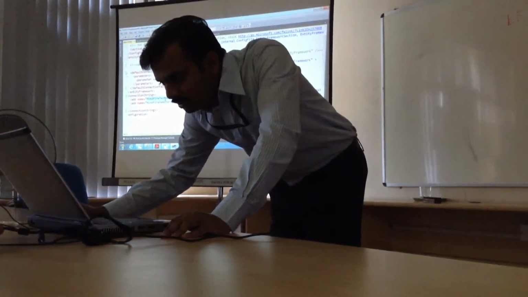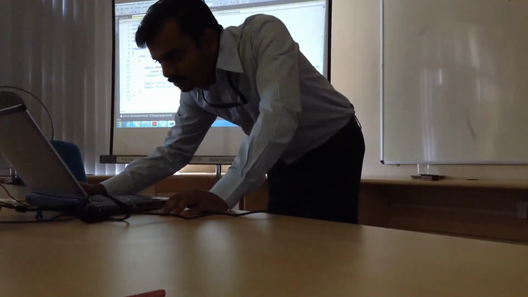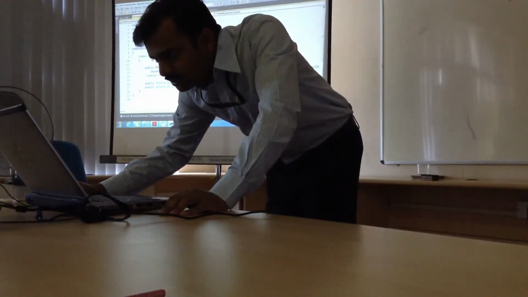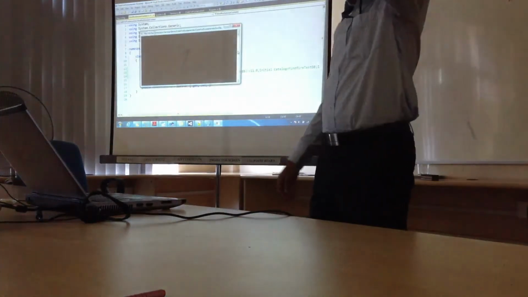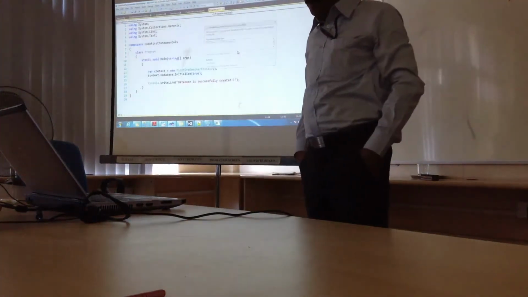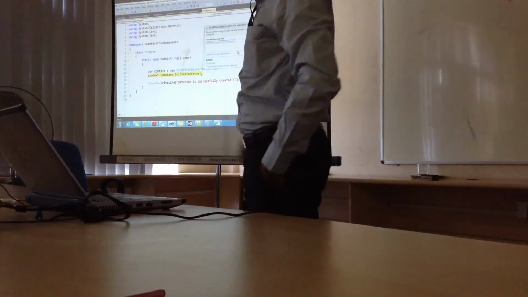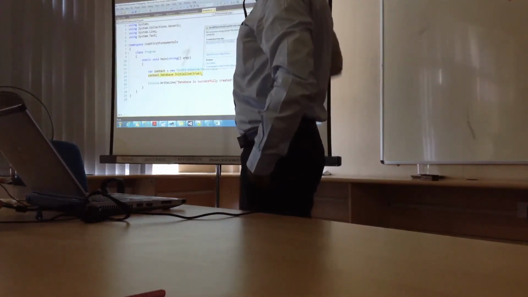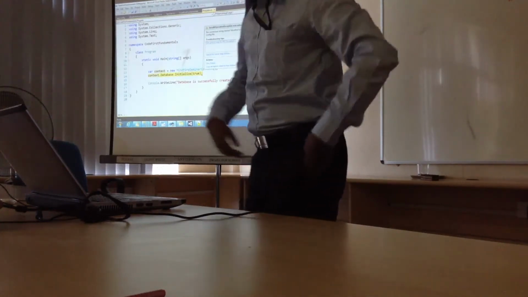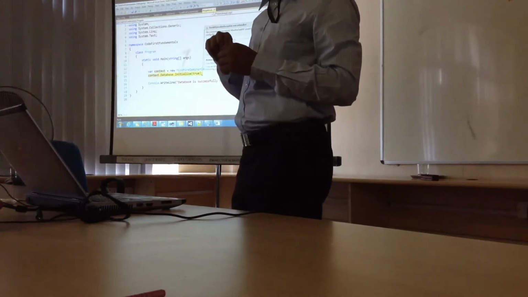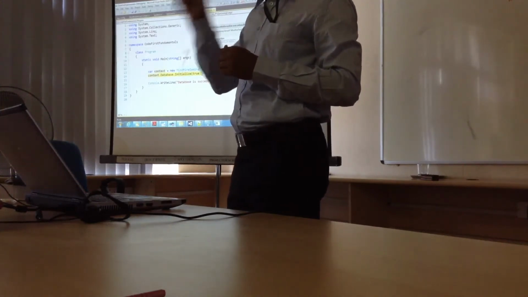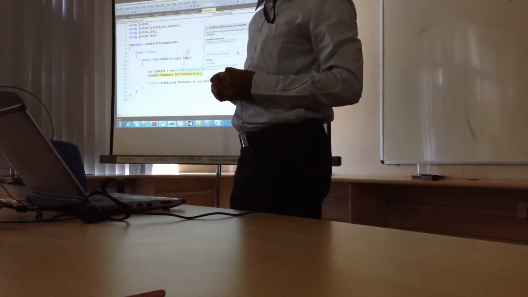There is no connection string in our application with this name. So let's run this application. Right? No connection string found. So at this moment, it will search for that particular name in the app config.